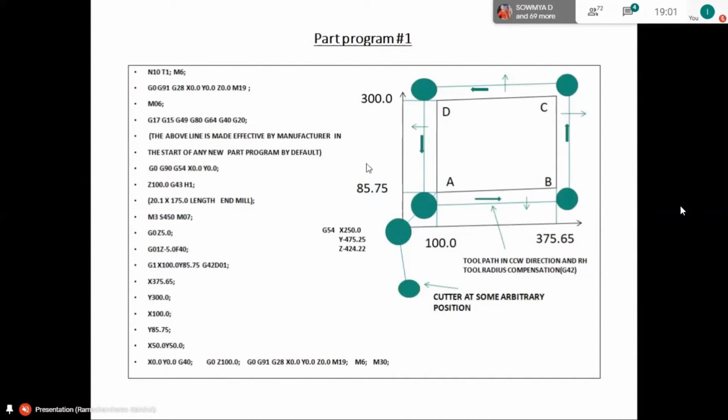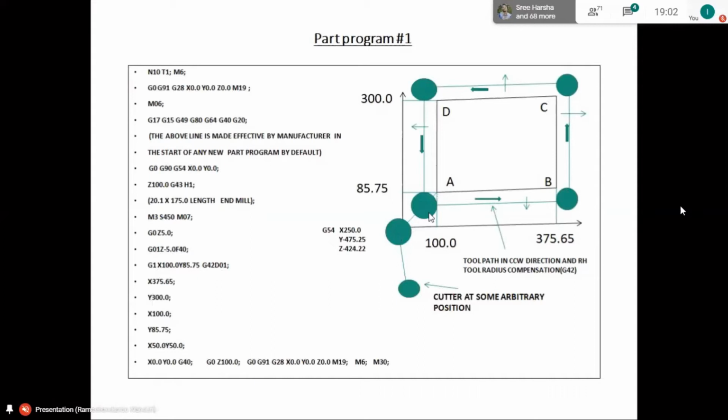Suppose the cutter is at this position, that means 100, 85.75 with cutter compensation. And if I cancel the compensation, again it will dig the material, and the material of the square ABCD will be dug by the cutter. In order to avoid that, we will take away the cutting tool.